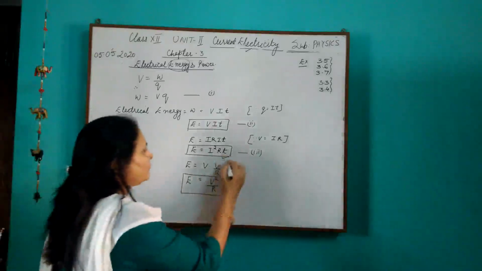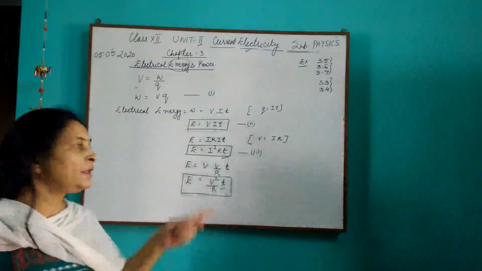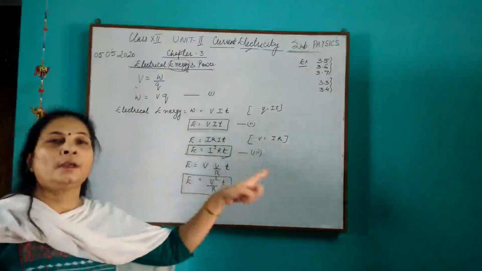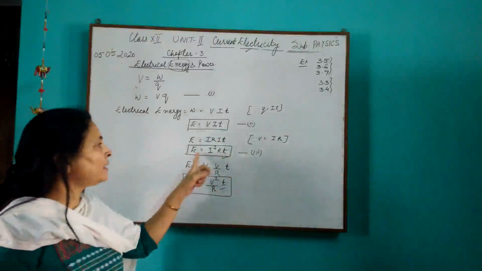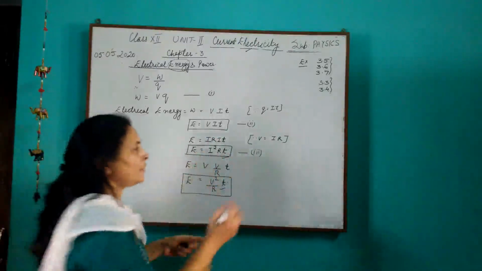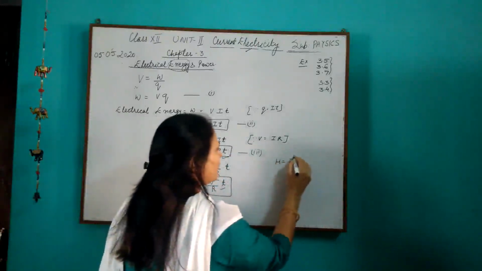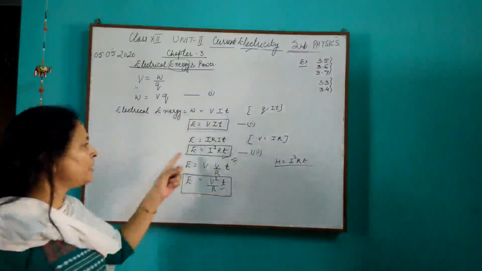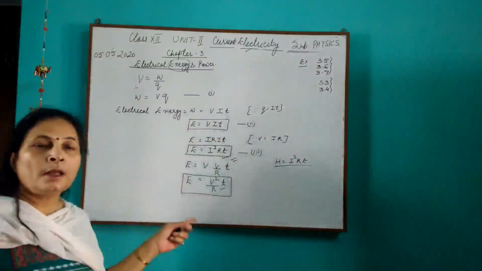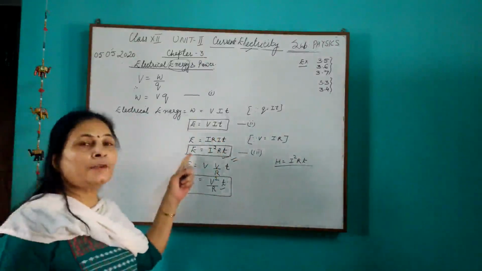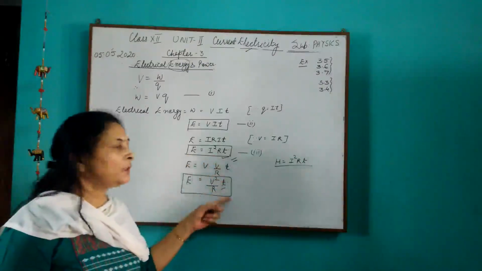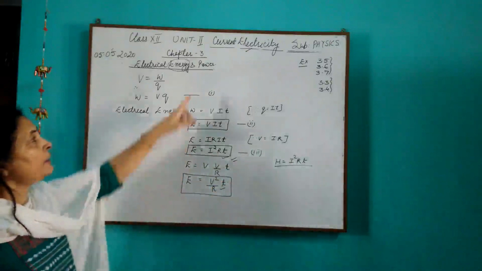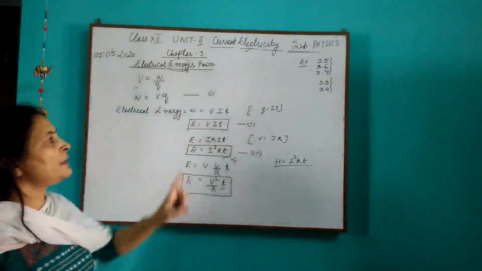Since these two expressions involve resistance, most of the time they are used when electrical energy is converted into heat energy. And you know that for heat energy we have Joule's formula, H is equal to I square RT. See, this has come from this expression itself. So these two expressions are generally involved when electrical energy is being converted into heat, wherever we are involving a resistance.